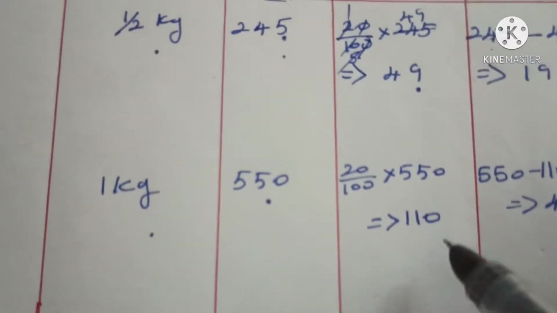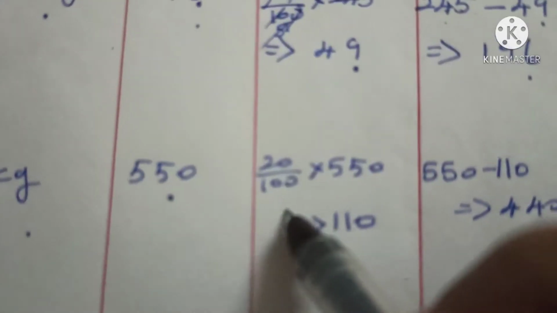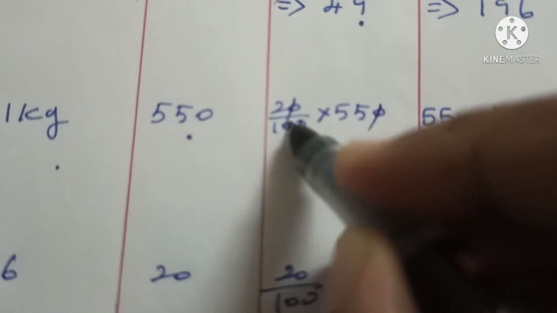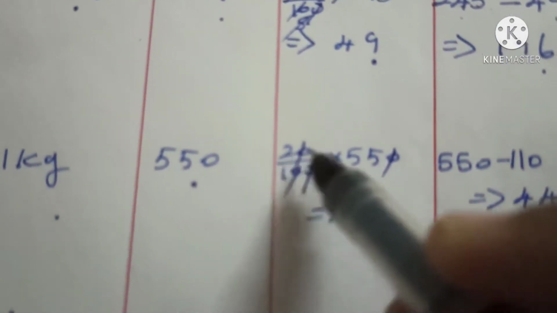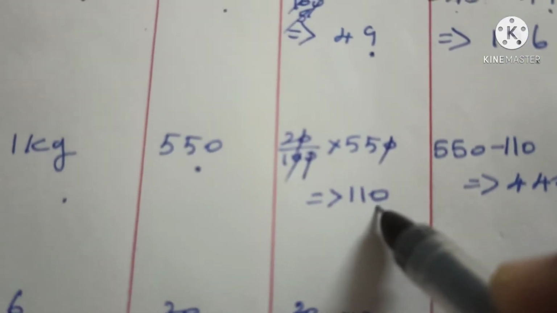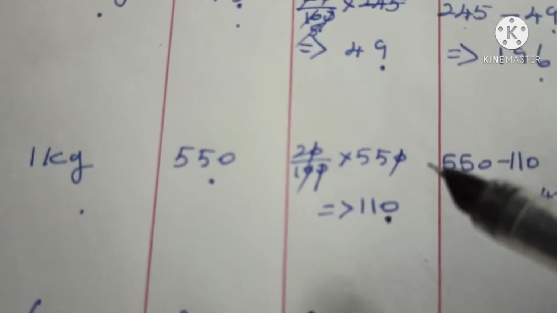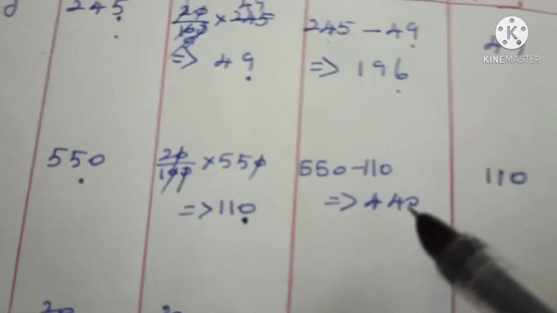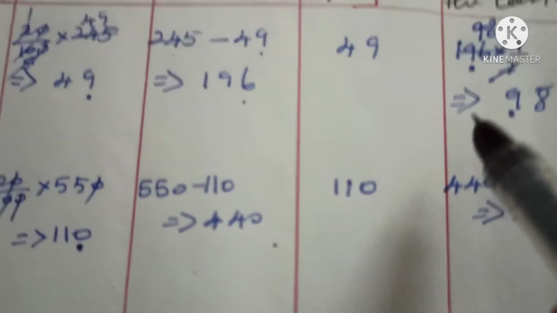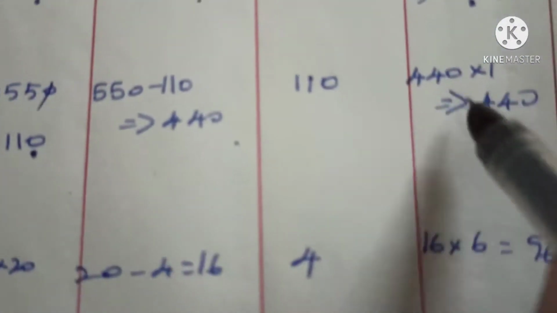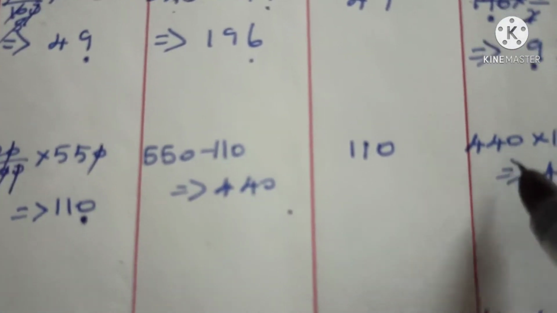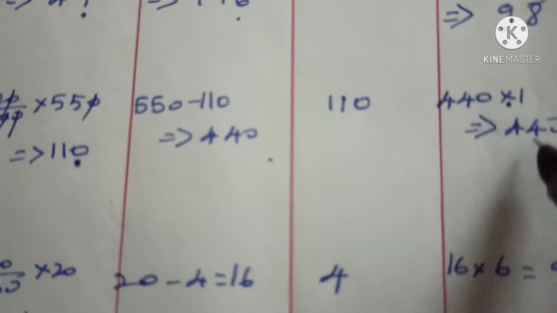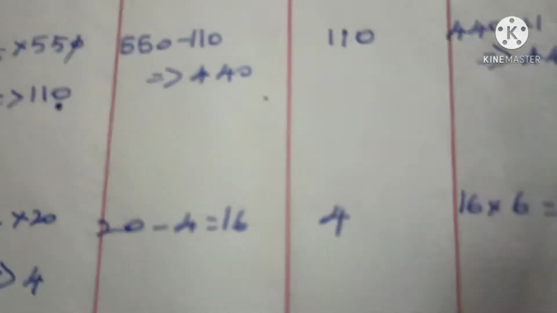What is the discount amount? That is 20 by 100 into 550. The 0 and 0 cancel. So 2 into 55 is equal to 110. Therefore, you can reduce 110 from 550, which is equal to 440. Therefore, the special price for the cake is equal to 440 into 1 kg of the cake we need. Therefore, into 1 is equal to 440 rupees.